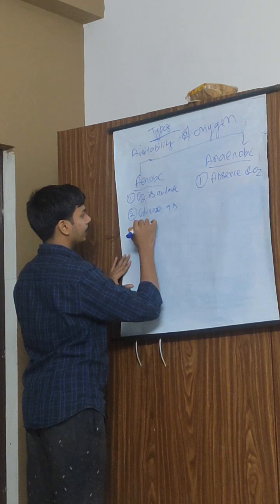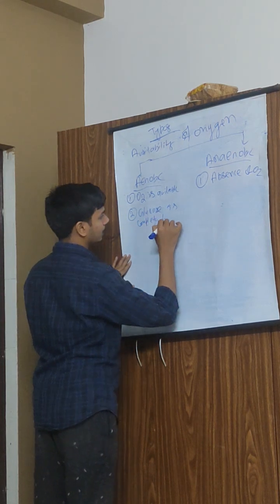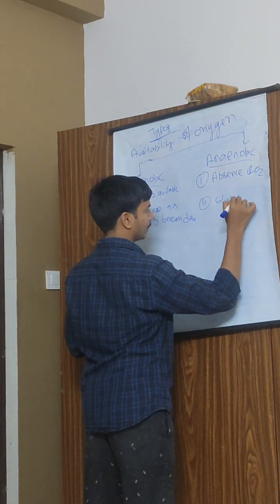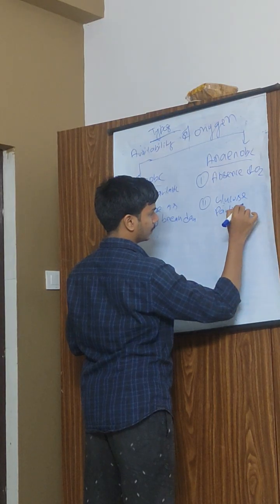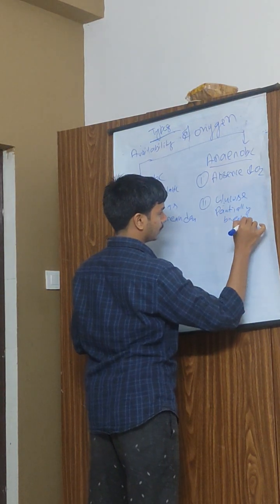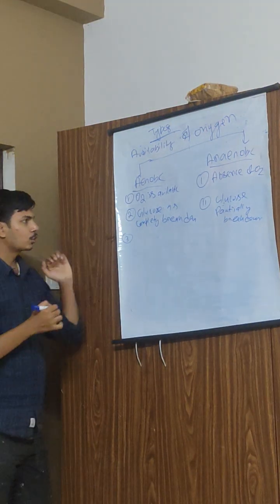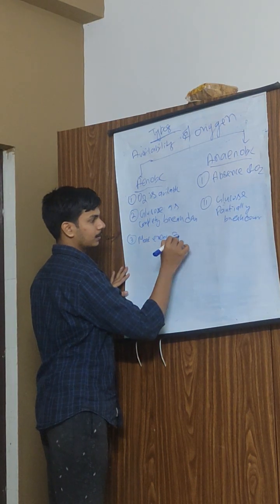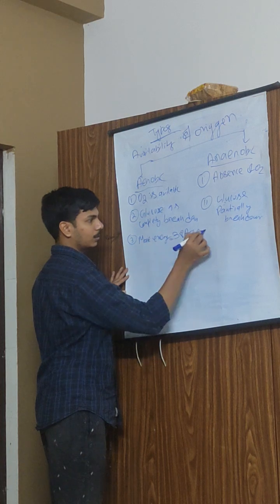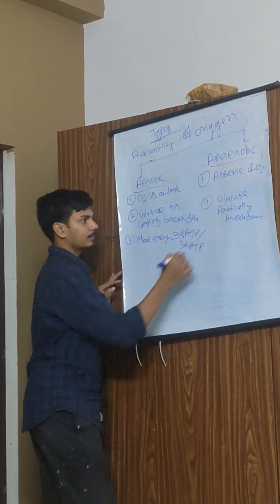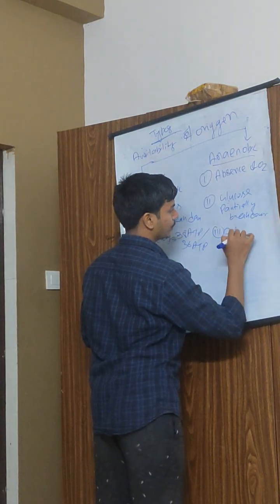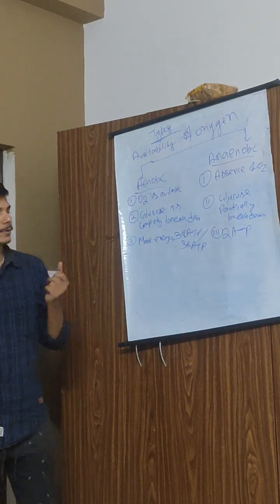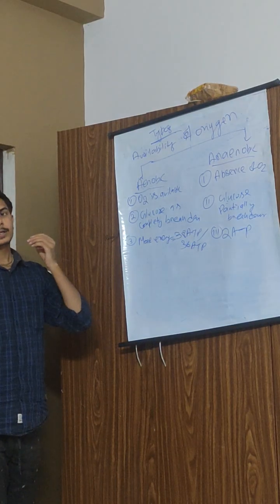Here glucose is completely broken down, and here glucose is partially broken down. As glucose is completely broken down, it produces more energy, that is 38, 34, or 36 ATP, which depends upon the shuttle system. Here only 2 ATP is produced. What is the shuttle system? It is the gateway pathway present in the inner mitochondrial membrane, from which the glycolytic NADH2